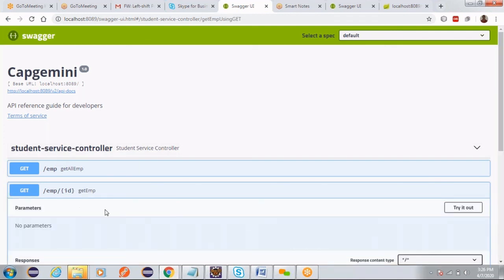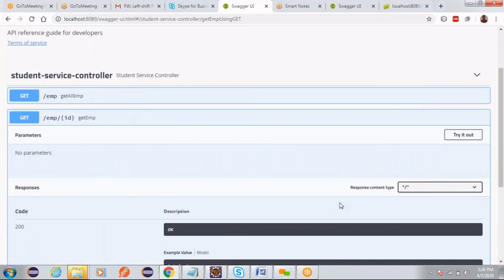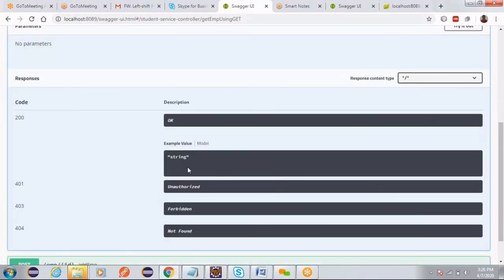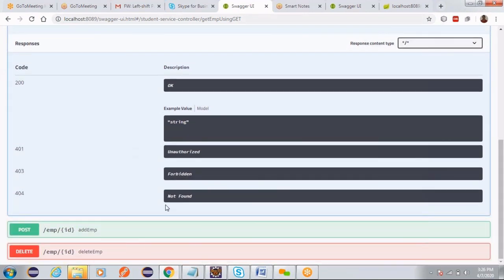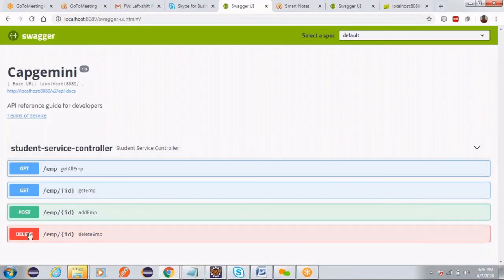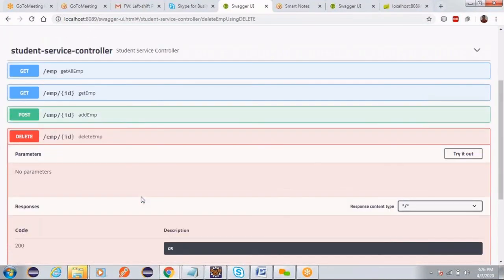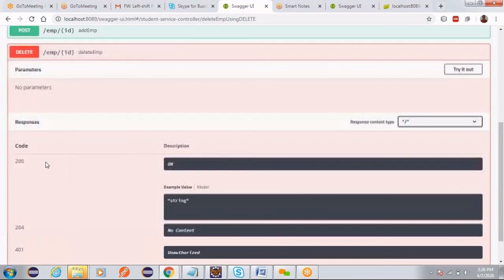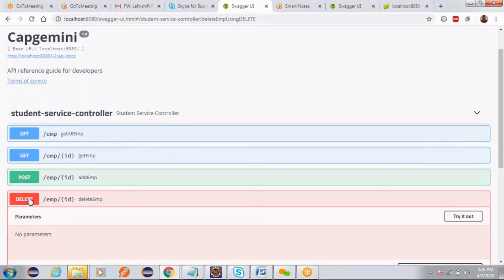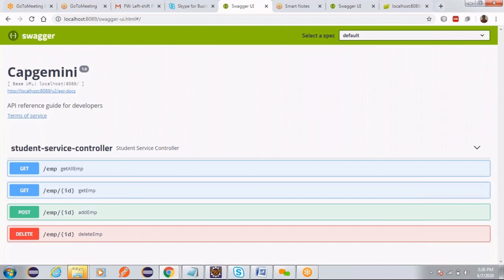For each method, when you go here, you can see the number of parameters, what is the response type, what is the code it is giving, what is the input and return type, and what kind of error messages can be raised for that method. Every description is given for this. For example, for a delete method, what could be the parameters required, and what error response codes can be generated. It will give the total documentation for this. So this is all about the Swagger tutorial. You people need to implement this Swagger for one of the lab exercises in the Spring Microservices lab book. That is the reason this video will be useful for